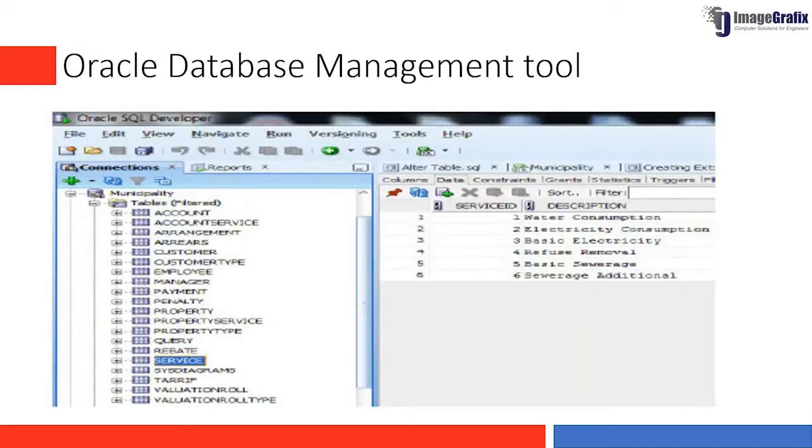Yes, this will give you a bigger picture of how the database is performing. But drilling down to the next level, you can go to the database table level, then the fields level. You will be able to see that using the existing database management tool available within the Enterprise Manager.